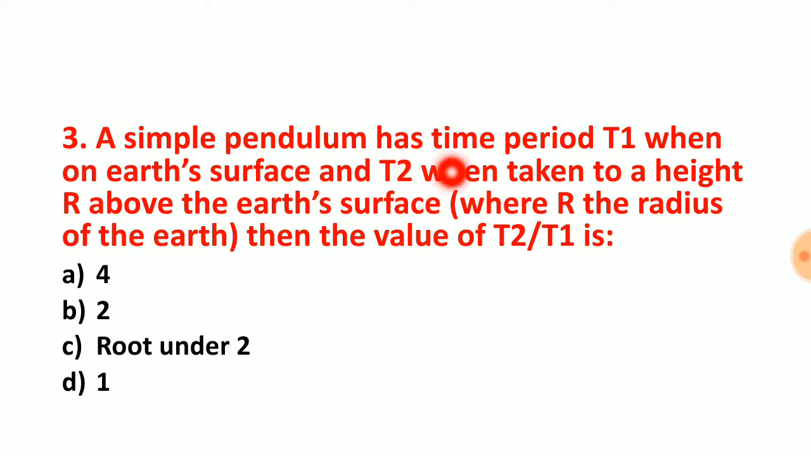A simple pendulum has time period T1 when on the earth surface, and T2 when taken to a height r above the earth. Means r above the earth, where r is the radius of the earth. So when we go at the height radius of the earth, T2 by T1 is. Our formula